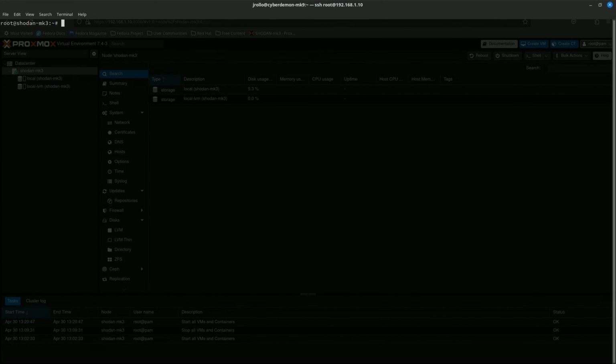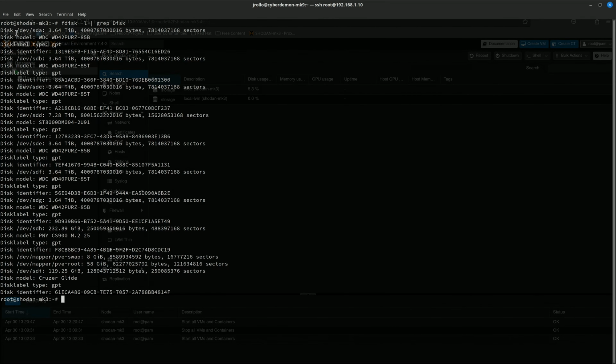So we need to know what all of our devices are. So we're going to fdisk -l piped to grep disk. So we want to do one with SDA, SDB, SDC, SDE, SDF, SDG. SDG should be the last one, right? 1, 2, 3, 4, 5, 6. That is correct. Here, that means that we're going to do zpool create -f